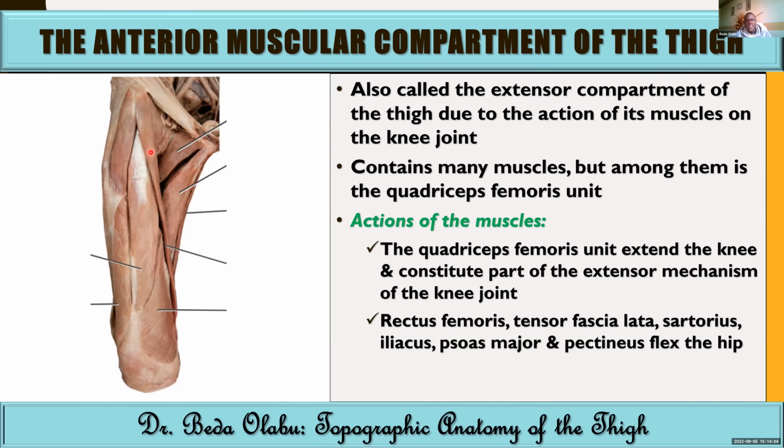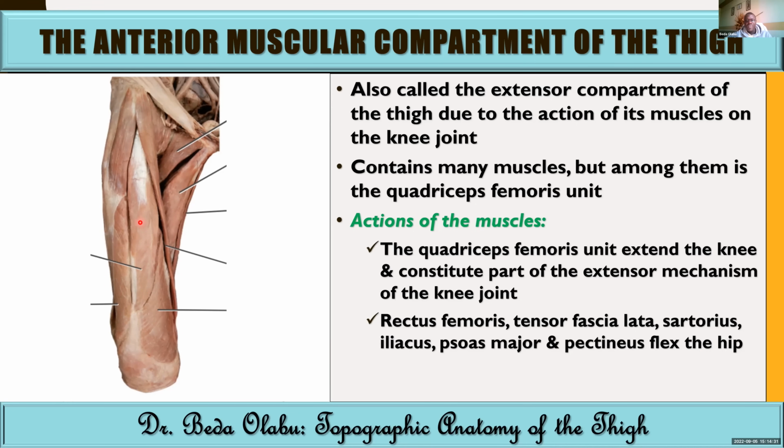Sartorius also flexes the hip joint. Iliacus will also flex the hip joint. Psoas major will also flex the hip joint. Indeed, the iliopsoas unit is the main hip flexor actually. Pectineus also flexes the hip joint. So you see that there is a lot of flexion at the hip caused by the muscles of the anterior